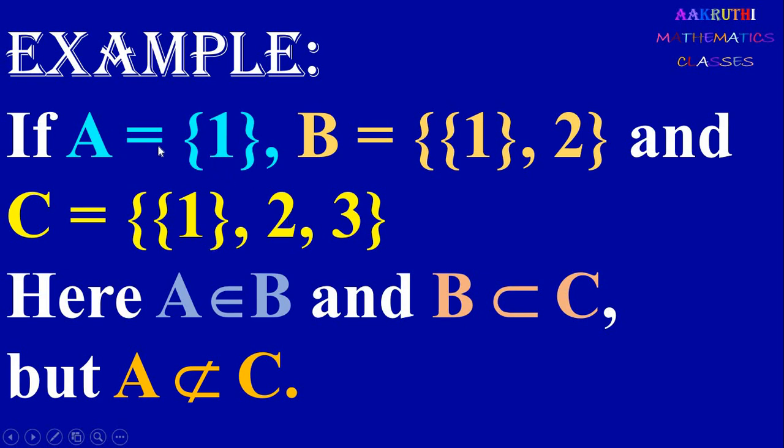Now you have to check whether A is a subset of C here. In A we have 1, but in C, 1 is not present. So this is set {1}. So set {1} and element 1, they are different. Now here 1 is present in A, but 1 is not present in C. So therefore A is not a subset of C. If A belongs to B and B is a subset of C, then A may not be a subset of C here.